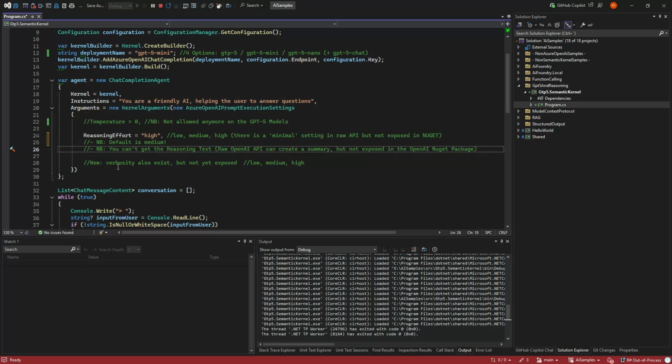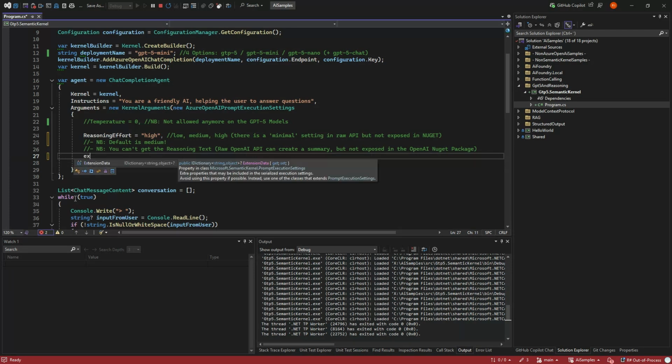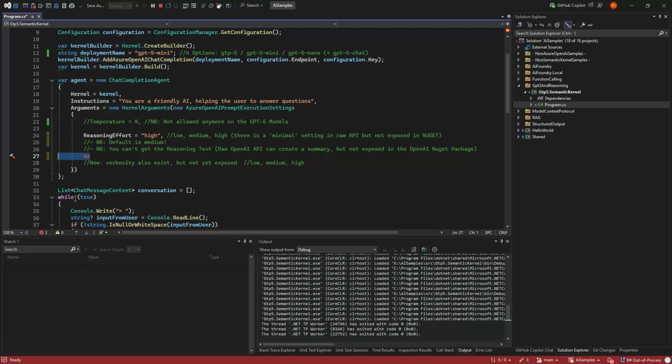Another thing that is new in the model is something called verbosity, and that should be able to control the length of the answer. If I say hi, hello, it would just say hi if it's low verbosity. But if it's high, when I say hello, it will say, hello, how can I help you today, and so on. It's not yet exposed in the APIs. I tried using the extra extension data, but it doesn't really seem to pick it up.